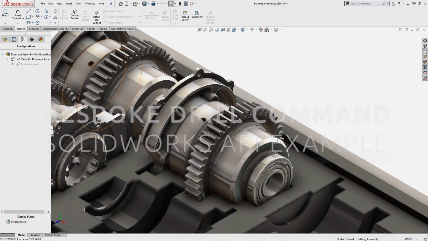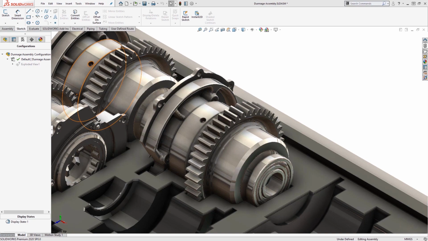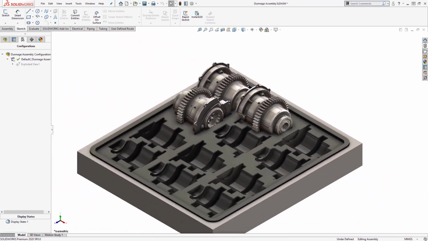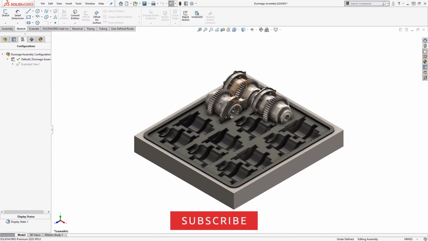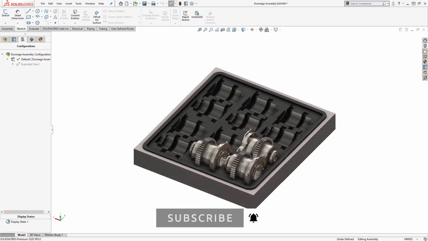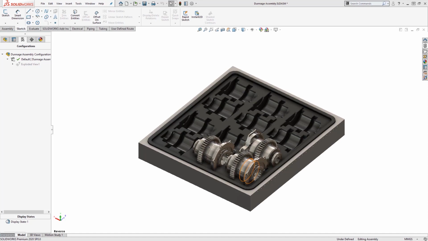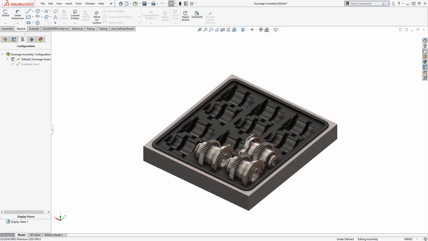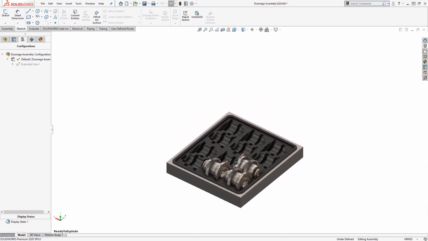Hi, in this video I'm going to quickly walk through a macro created by Solid Solutions to give you an idea of the kind of enhancements we can make to your workflow. This macro was created to make the placement of hand-drilled holes faster and more intelligent. The example part you're looking at is a tool for creating vacuum-formed packaging.